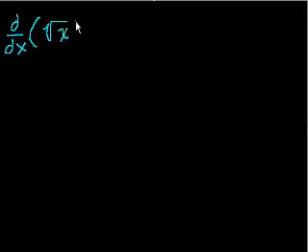So I've been requested to do the proof of the derivative of the square root of x, so I thought I would do a quick video on the proof of the derivative of square root of x. So we know from the definition of a derivative that the derivative of the function square root of x is equal to the limit